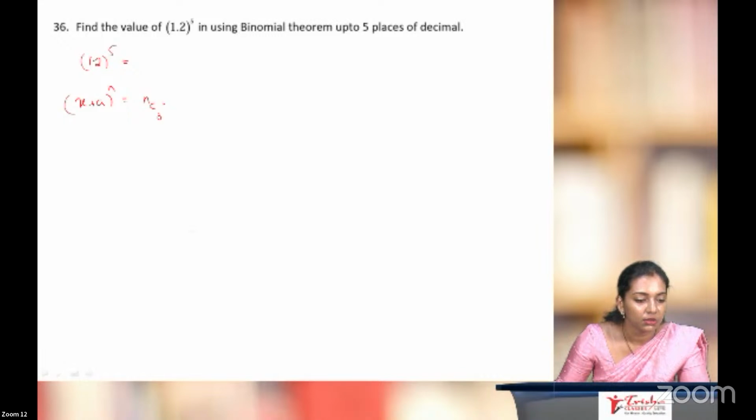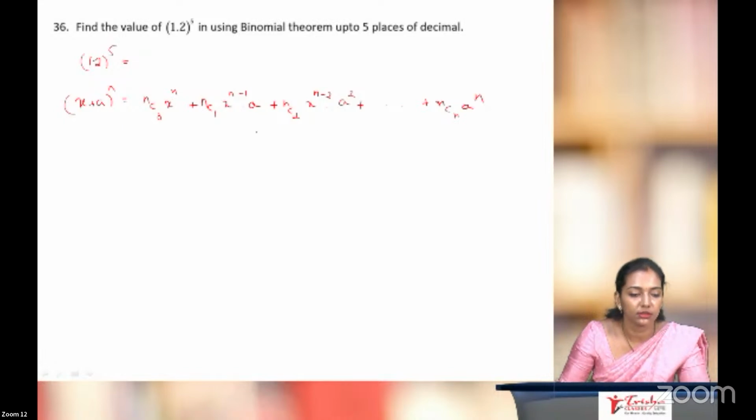nC0 x to the power n plus nC1 x to the power n minus 1 into a to the power 1 plus nC2 x to the power n minus 2 into a to the power 2 plus and so on, nCn x to the power 0 a to the power n. So this is the binomial theorem, the expansion of binomial terms raised to the power of any number,